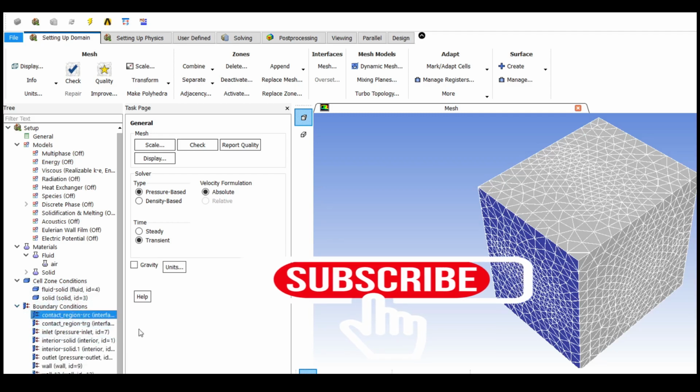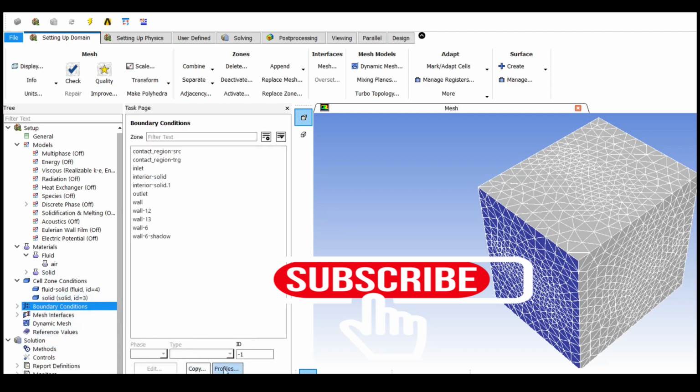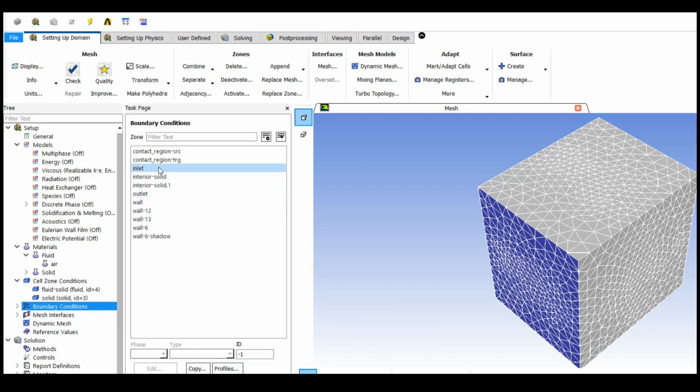Okay, fine, let's move towards the boundary conditions. In the boundary conditions, the things which we need to look out for are the inlet: pressure inlet is 7, then velocity also needs to be checked.